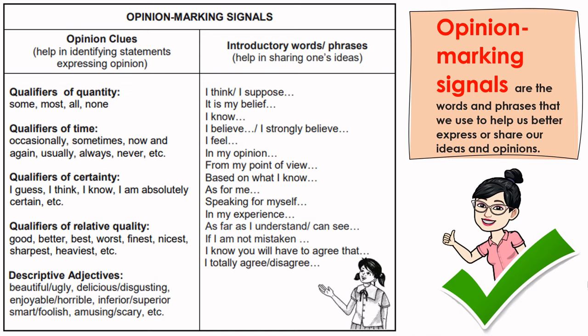Qualifiers of certainty: I guess, I think, I know, I am absolutely certain. Qualifiers of relative quality: good, better, best, worst, finest, nicest, sharpest, heaviest. Descriptive adjectives: beautiful, ugly, delicious, disgusting, enjoyable, horrible, inferior, superior, smart, foolish, amusing, scary. Introductory words or phrases: I think, I suppose, it is my belief,